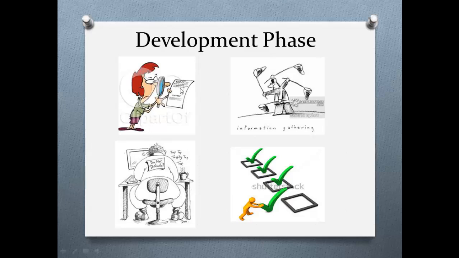So the developer reads and understands the mapping document. Then they gather information based on the mapping document. We will know what information we need to gather. So they gather information like: this is the source and this is the target, but what is